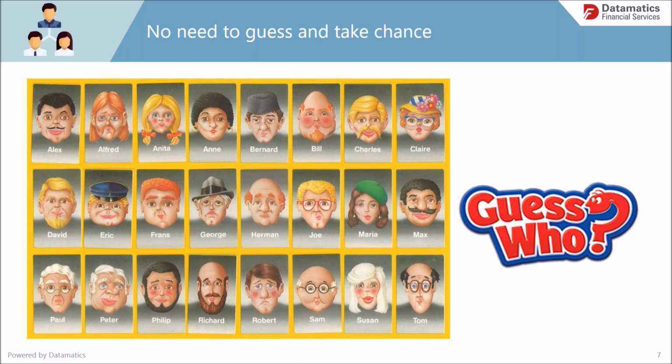We want to try and say, okay, what can we do to understand these people better? Are there characteristics? Of course, it's not possible for us all to try and stand up in front of these people face to face, but if we could, we'd instantly recognize them differently. In our illustration here from a kid's activity game called Guess Who, you can see the differences, male, female, whether the hat wear is hair, etc. Now, those aren't characteristics for us in B2B, but knowing the different look and the different details of an individual will help us get to a one-to-one or to segment them into relevant like groups